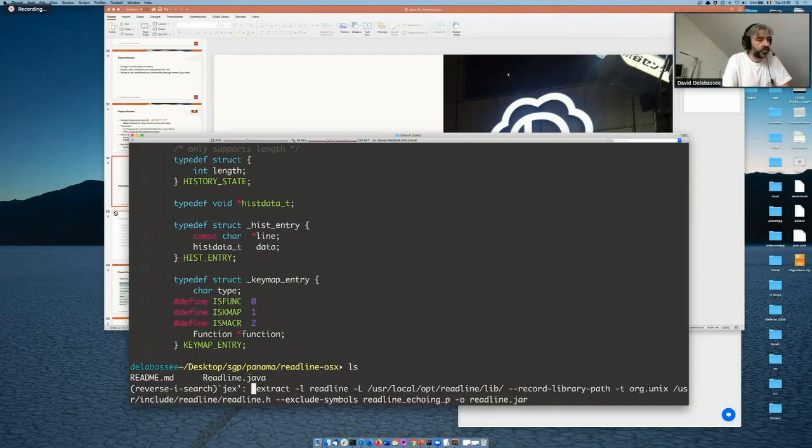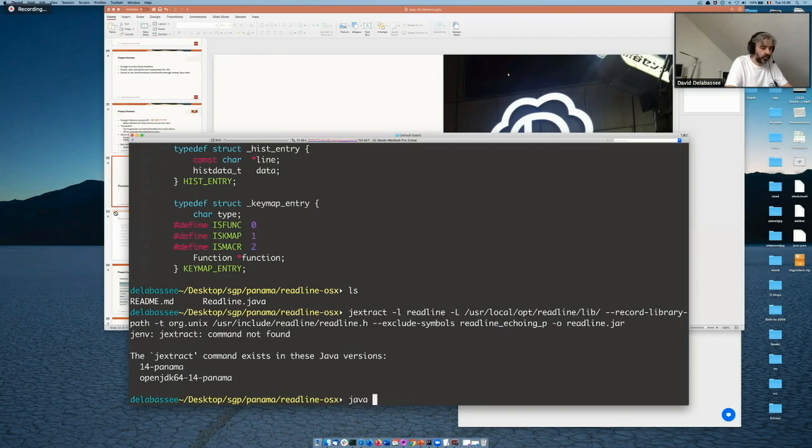I'm going to use this jextract tool, and I specify here the path of the readline library, and this is the path of the header file that we want to extract. And what I want is for the outcome to be in that jar file.